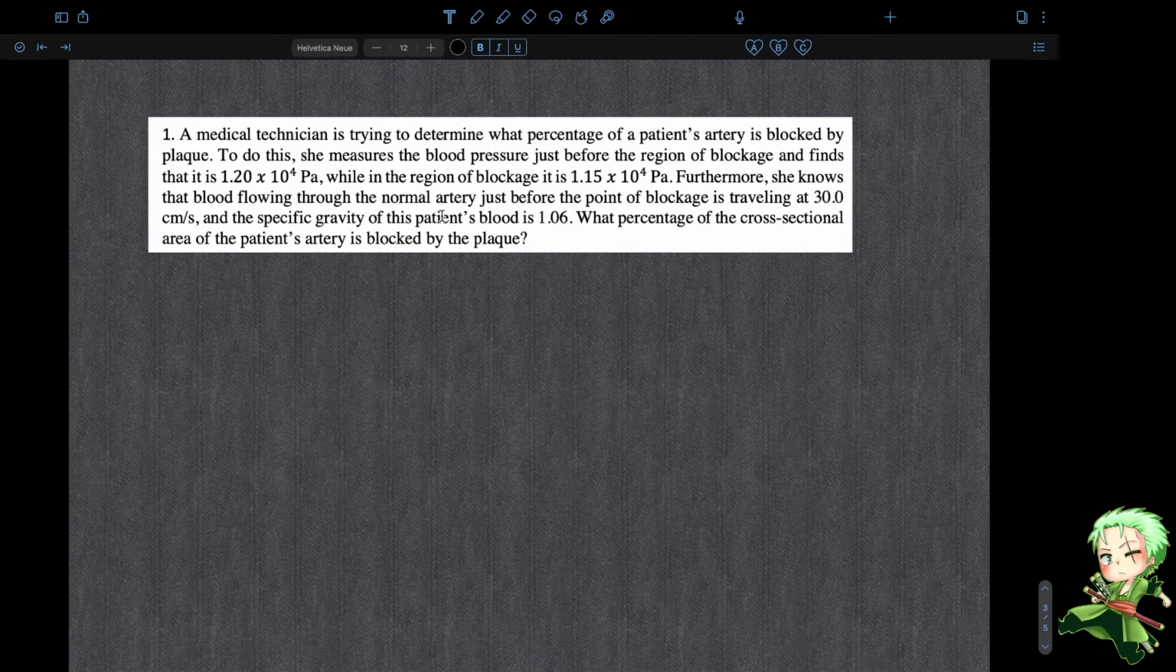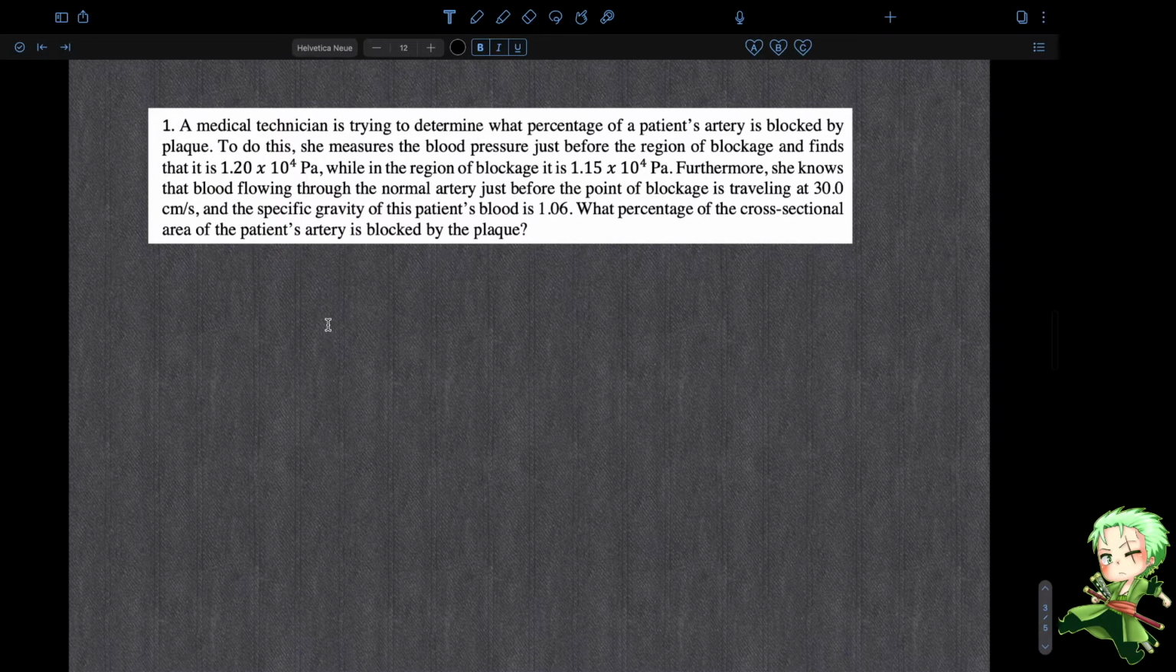We have another problem here that will be solved using Bernoulli's equation. So the problem goes like this. You have a medical technician who is trying to determine what percent of a patient's artery is blocked by plaque. To do this, she measures the blood pressure just before the region of blockage and finds that it is